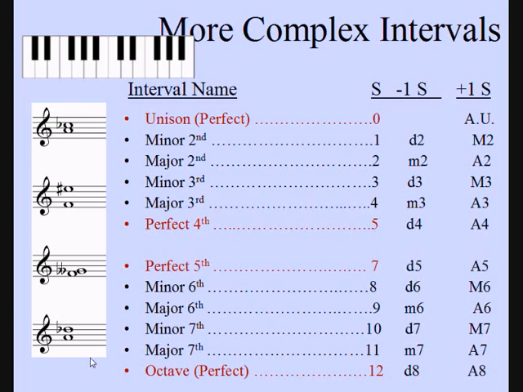When you play it, it will sound like perhaps a major third. But from the point of view of the written music, this is a fourth, and a fourth that goes from A